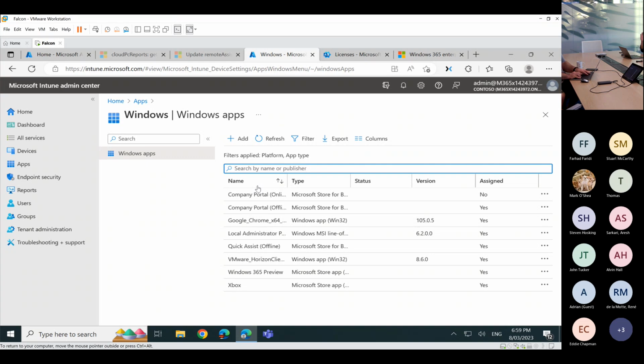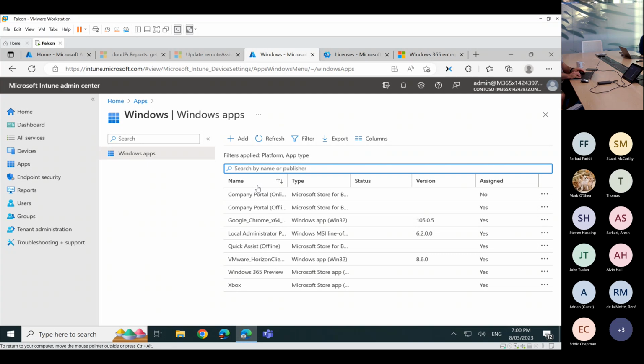So this is just an example giving you ideas that you could push store apps, which should be your first preference. If the app was not in the store, then you can also use Win32 applications, that is packaged as .intunewin packages, which you can deploy to your fleet. They can also be categorized into custom applications. You can deliver that. These two are the main methods which I would recommend.